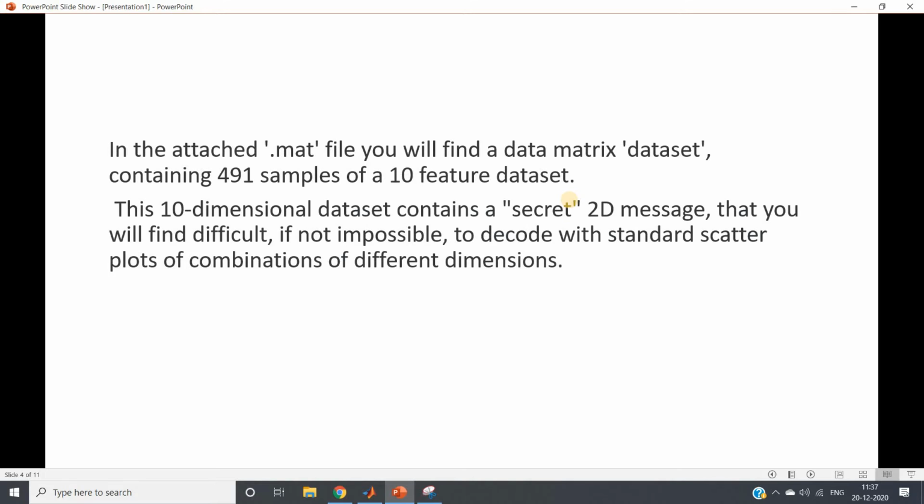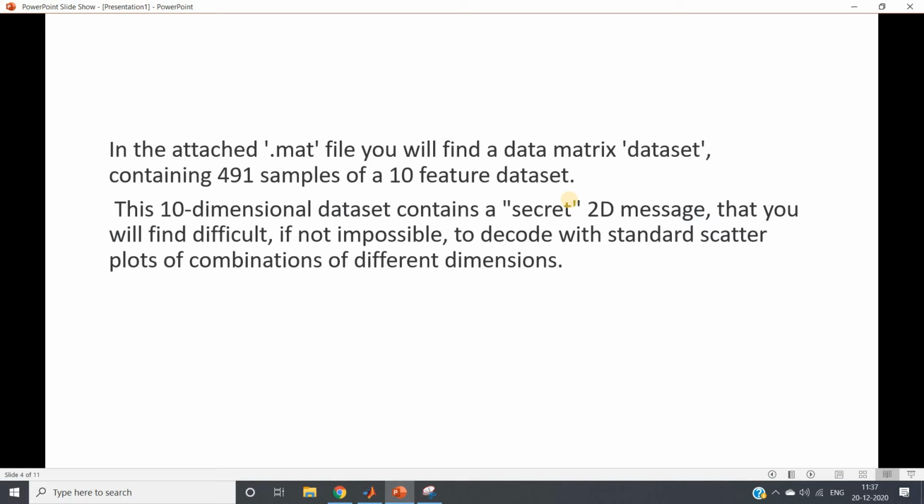That is 10 input features or explanatory variables. This 10-dimensional dataset contains a secret 2D message. That is, a 2D message is encrypted in this 10-dimensional data that you will find difficult, if not impossible, to decode with standard scatter plots of combinations of different dimensions. So what it says is that you have one dataset having 10 dimensions or 10 input features.